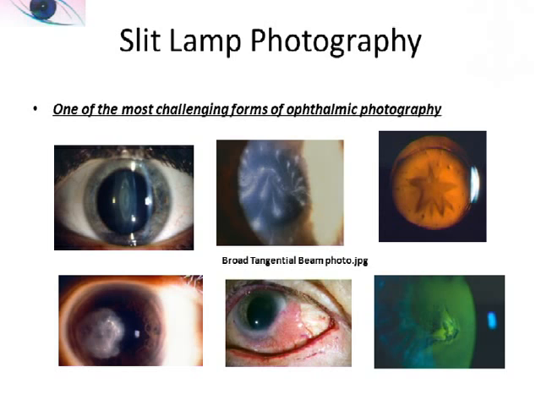Slit lamp photography is probably one of the most challenging forms of ophthalmic photography. You see here the first one is the diffuse light illumination. The next one is a broad tangential beam showing the corneal pathology in much better resolution. The third one is the retro illumination. The fourth one is the sclerotic scatter. Then these are the dyes, rose bengal and the fluorescing dye. This can all be done very easily with slit lamp photography.